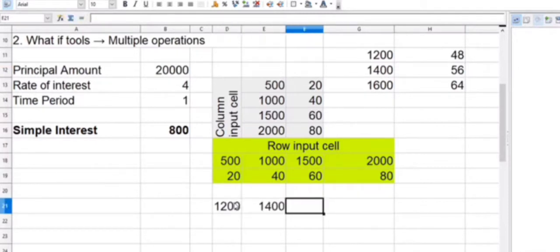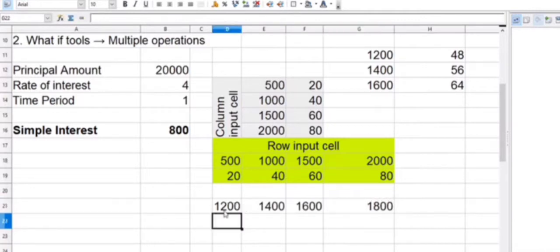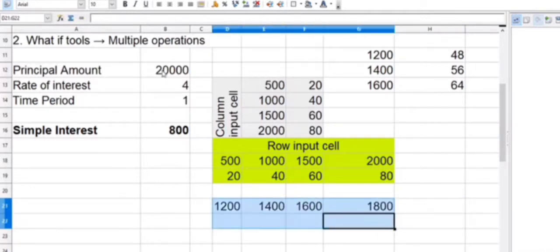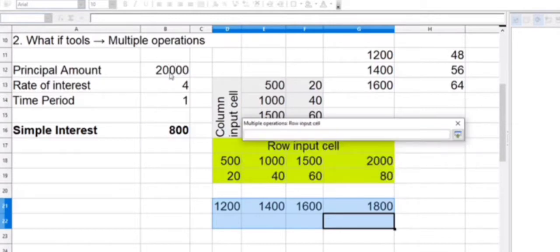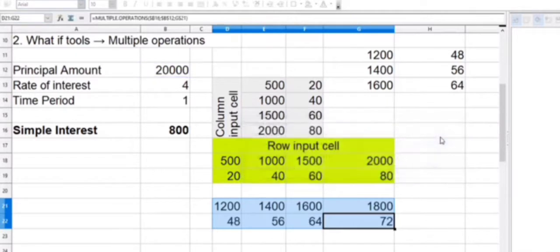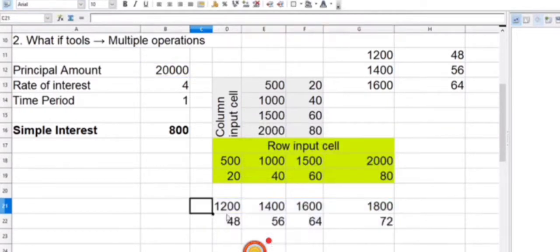If you want to change in the row, then we type the same type of values in the row, and after that we select it, and again you go to Tools and take Multiple Operations. After that, select the formula option because we entered the formula there. After that, next, when we click OK, your values are entered here.